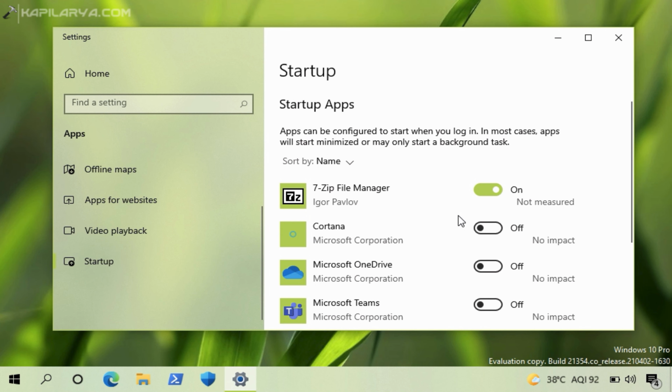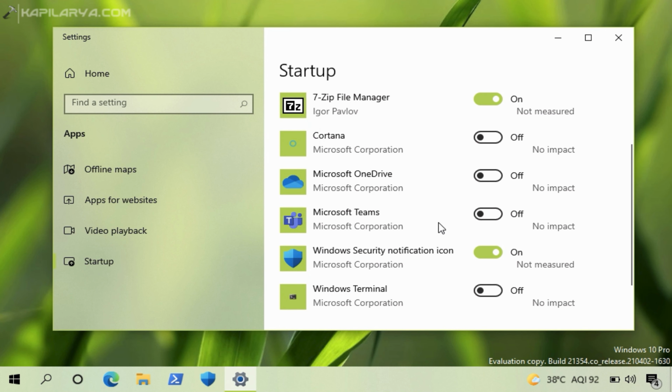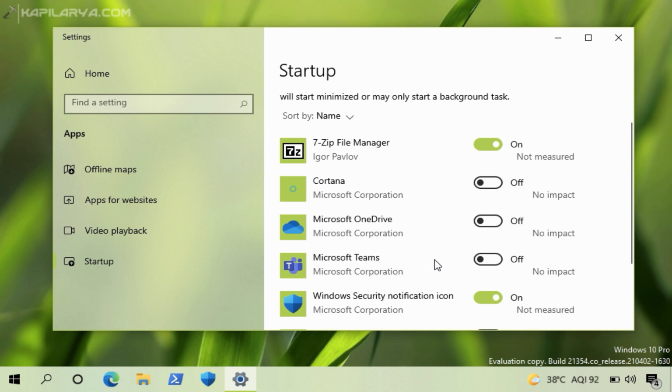In the right pane you can see that there is an option against all of these programs. If you turn on that option, that program will start when you log into the system, and if you turn off that option, the startup program will be disabled. The program will be disabled from opening at startup.